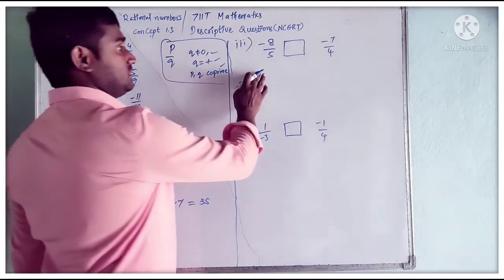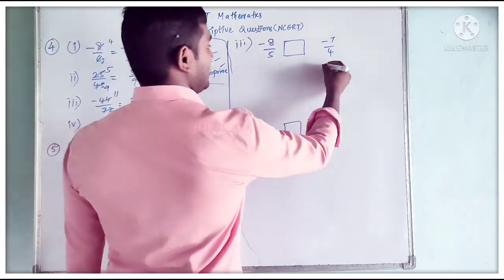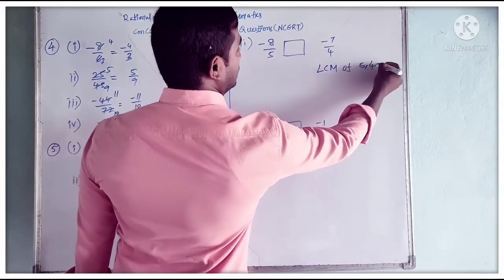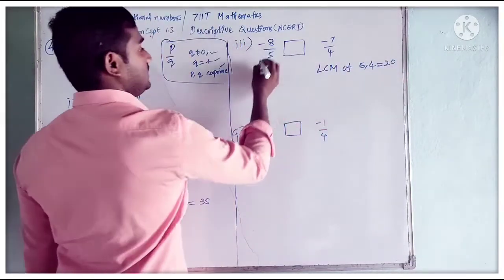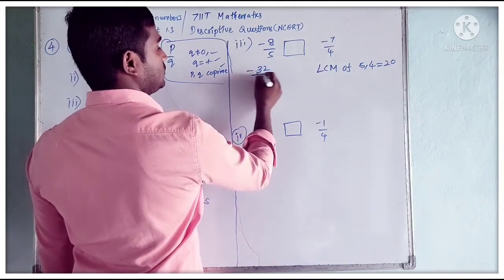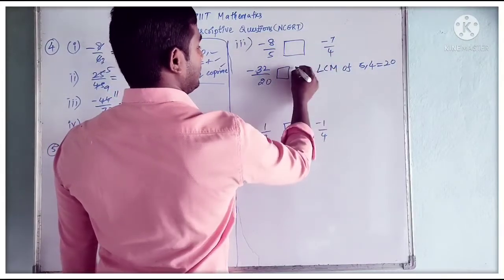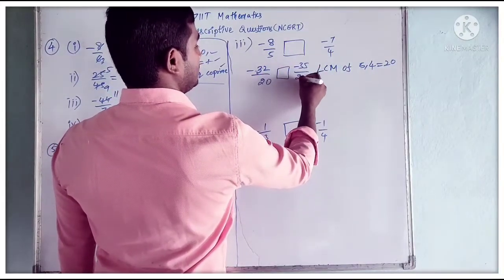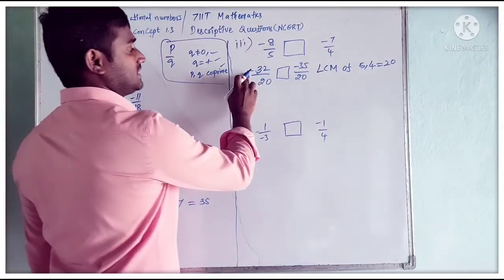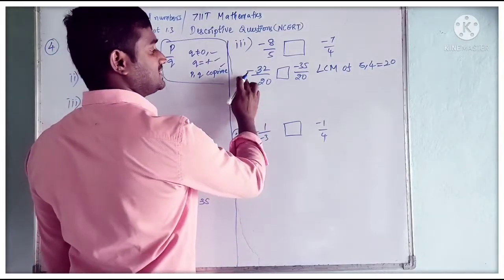Next, the third question, we have minus 8 by 5 and minus 7 by 4. Find the LCM. LCM of 5, 4 is 20. To get 20, multiply by 4, that is minus 32 by 20. This one multiplied by 5 is minus 35 by 20. If the denominator is the same, the numerator which is greater becomes the greatest. So what is the greatest integer? Minus 32. Then minus 32 by 20 is the